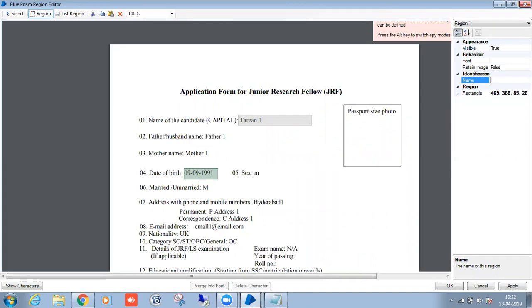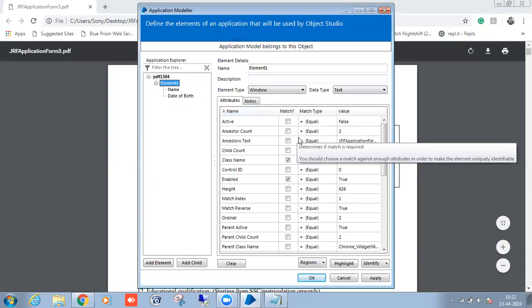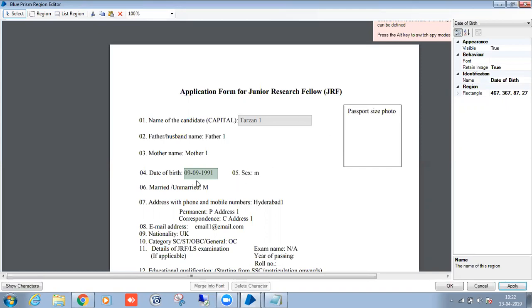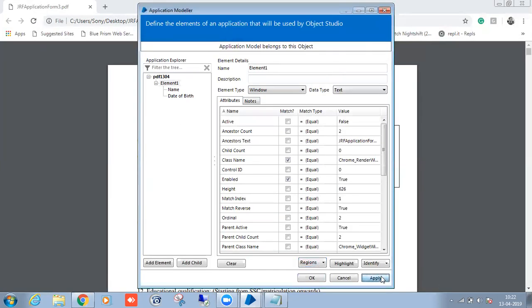Actually what we are doing, we are taking the complete image, and there is an OCR technique, optical character recognition. By using the OCR technique, we are going to do image to text conversion. So that is how the surface automation will work. Done. Apply. Okay. Now see here, you can see the regions here, same layer. If you want, you can edit it. Apply. Okay. Apply.